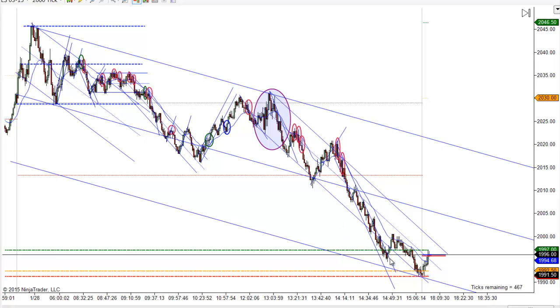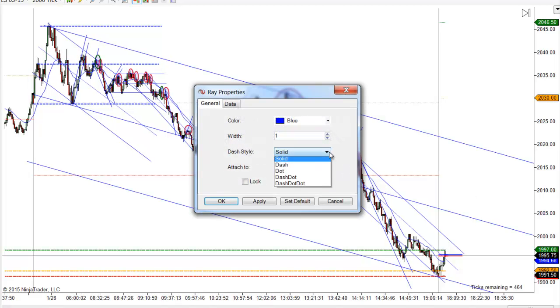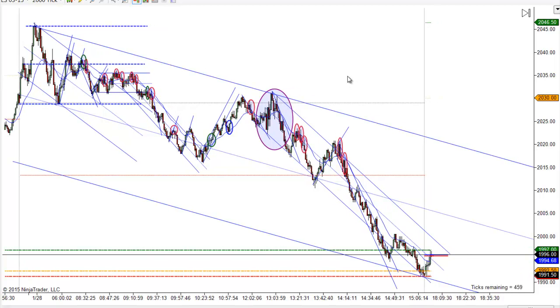So that might have helped you looking for this move all the way to the low, though, but that's way into the close. The only way you'd still be in this, or should still be in this, is if you've still got some runners that are going, because I wouldn't be taking any new trades that late in the day. But yeah, I believe that to be it, and it doesn't really help you a whole lot. Might have helped you with this one setup here, but that's during the news. So anyway,